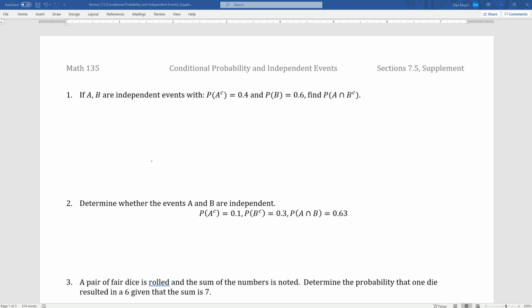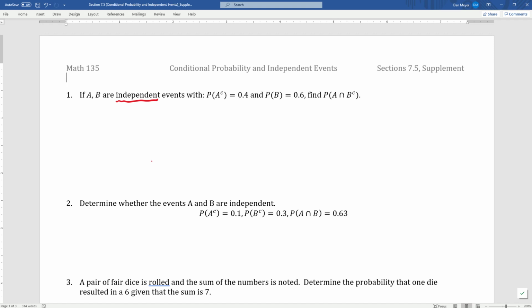In this video we're going to be looking at some extra examples from section 7.5 on conditional probability and independent events. In number 1, they tell us that A and B are independent events, so that's important, with the probability of A complement being 0.4, the probability of B being 0.6, and they want us to find the probability of